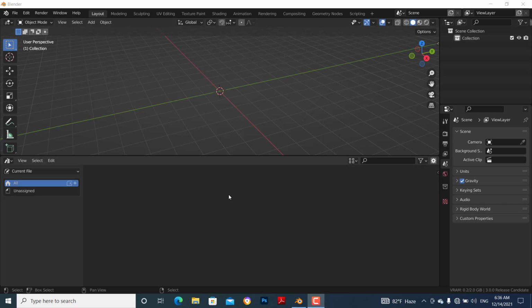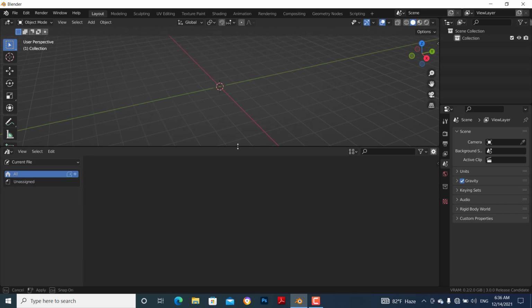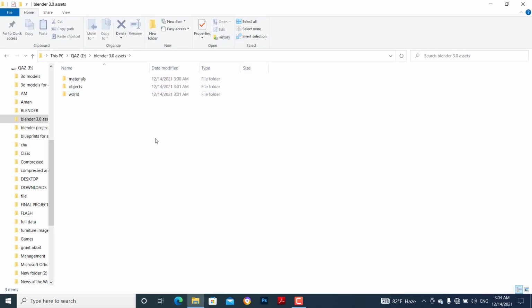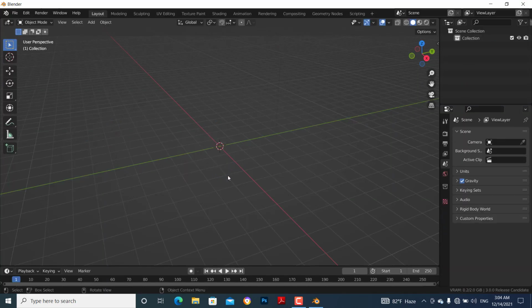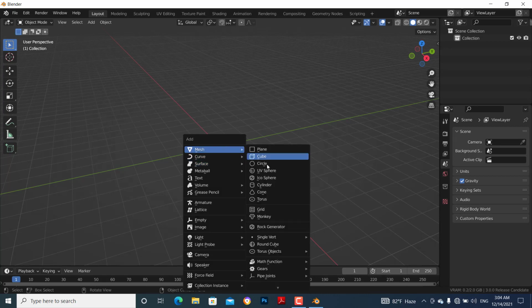In this video I'm going to show you how to use the new asset browser in Blender 3.0. First, create a folder on your computer, then open Blender and delete all things and add a UV sphere